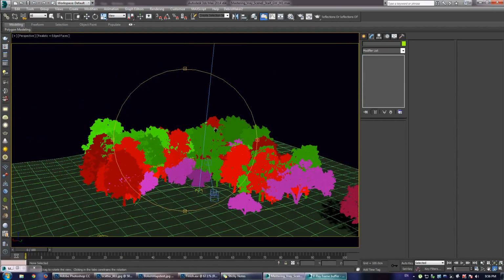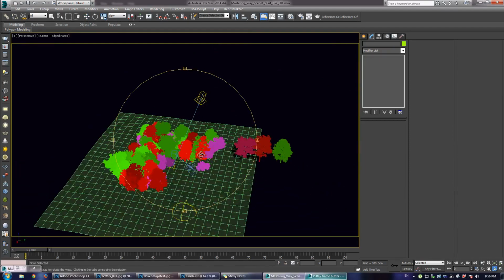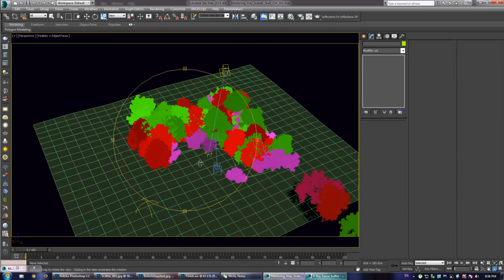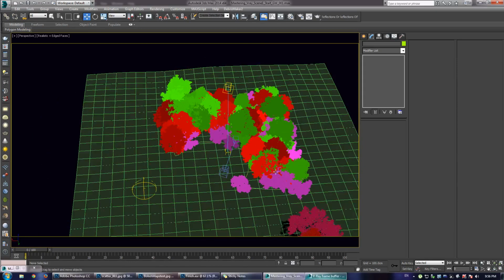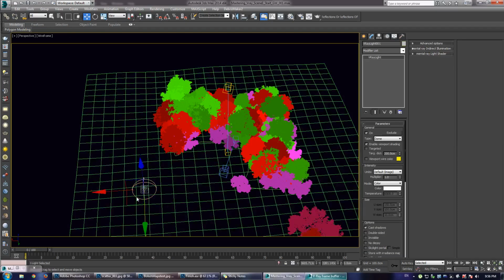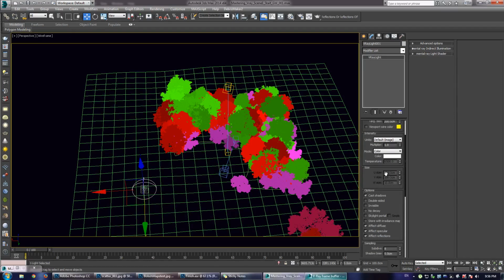So the first thing I'm going to explain is how I set up the lighting in this scene. I did go through quite a few variations on the lighting in order to test out what was possible with the V-Ray two-sided shader, but as usual, I've ended up sitting on the simplest solution I could find. So what we've got in this scene here is a V-Ray light, a V-Ray dome light for the